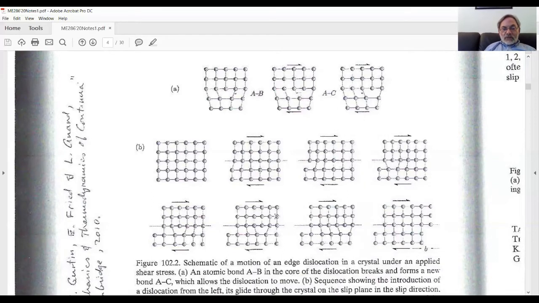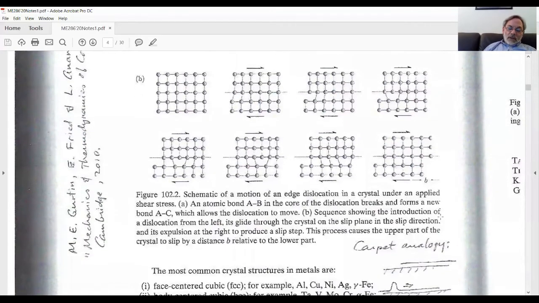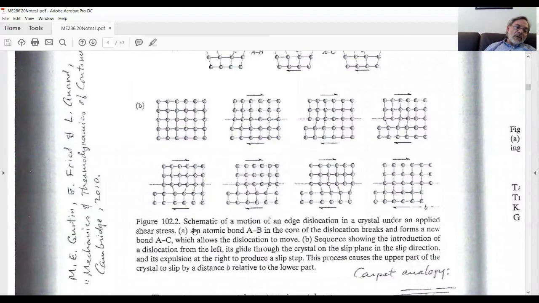And this process continues, as indicated here, with the dislocation moving one lattice spacing to the right each time, until, if this is the entire lattice, it's effectively been expelled from the lattice. But the net effect is that this upper layer of atoms, two layers of atoms, has displaced to the right relative to the lower layer. So we have this mechanism of sliding due to the passage of an edge dislocation. You can find a detailed discussion in this book by Gurtin, Fried, and Anand,